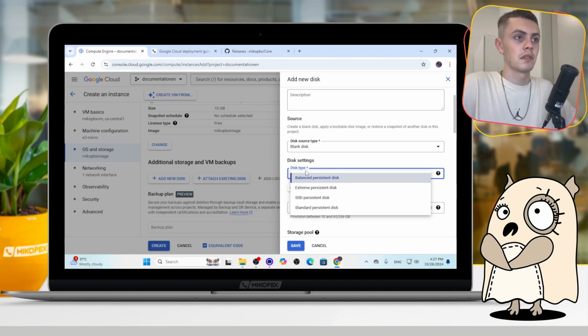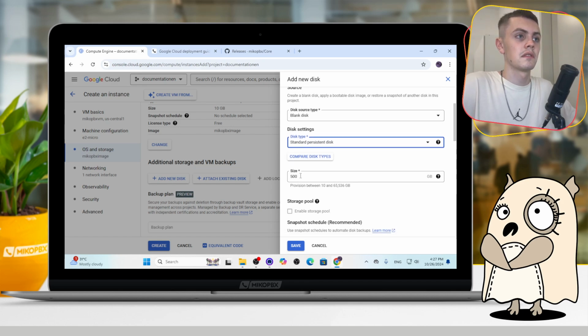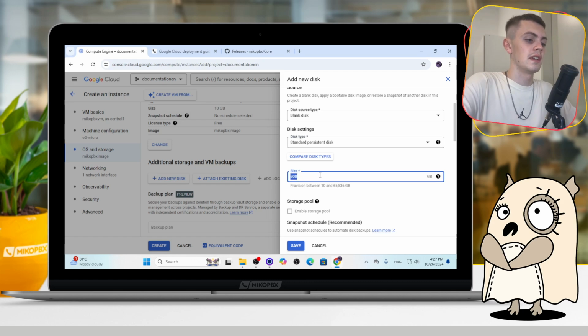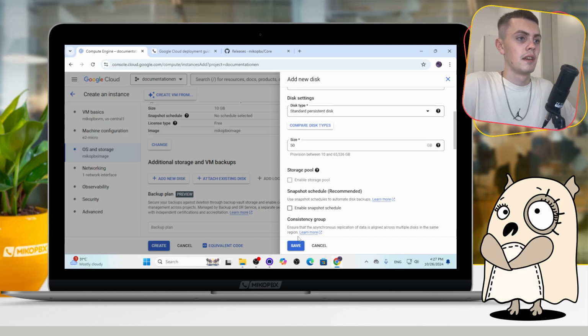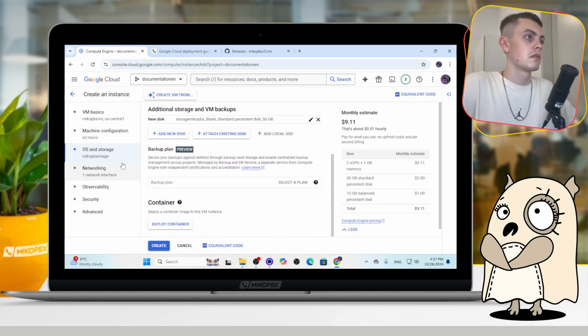In disk type you can choose whatever you want, but I will use standard persistent disk. And in the size field you should use more than 50 gigabytes, because it is the recommended amount. Then click save, and for now our virtual machine is ready to create. Just click the create button,